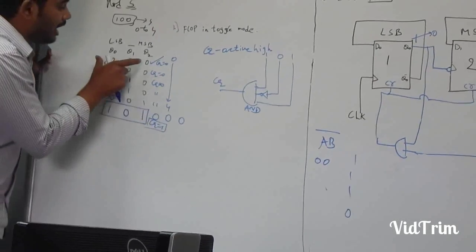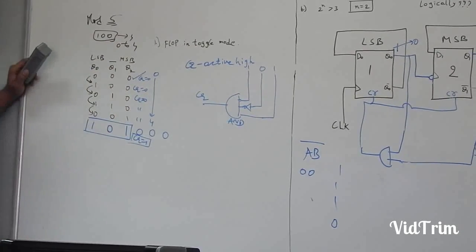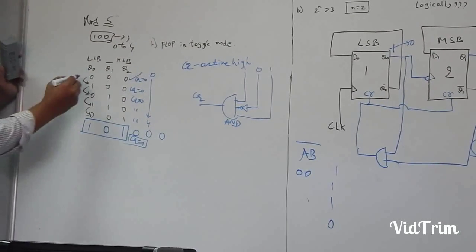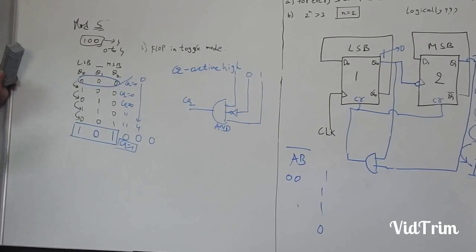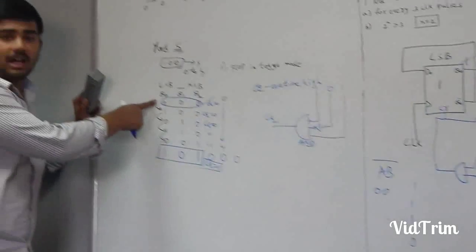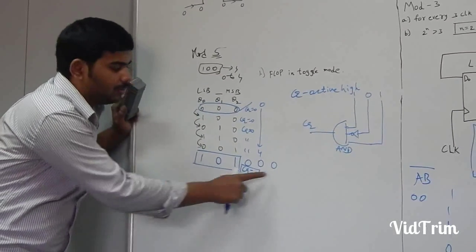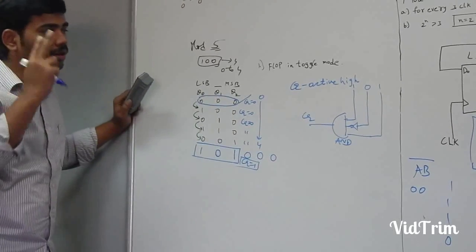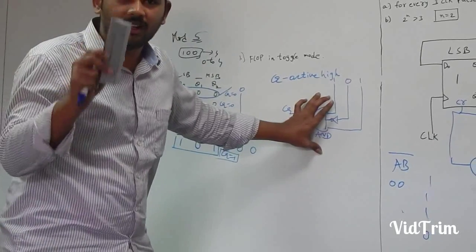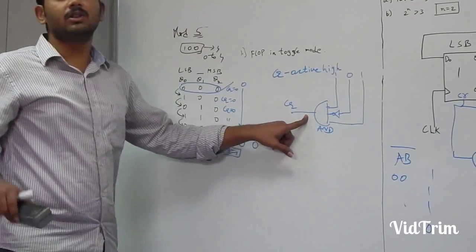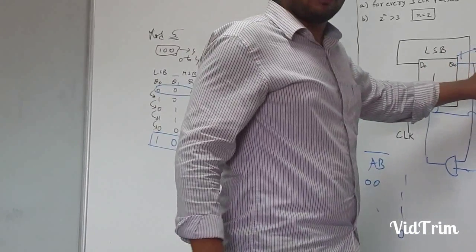It's not that in every single state clear should be 0. It's not that in every state clear should be 1. If it is cleared every time, the flip-flop will be in this state only. Agreed? Yes or no? Every time the flip-flop will be in this state only. But our requirement is, after passing through 4 states, 0 to 4, the next state should be clear. So you should use your mind and design in such a way that only for that particular state, my clear pin will be activated. At that time only, it is cleared.